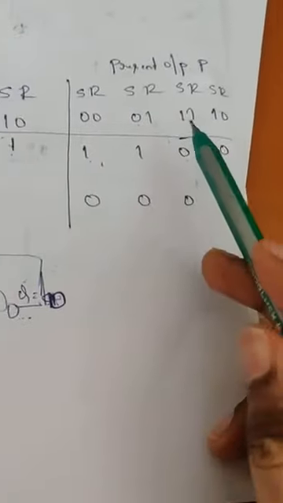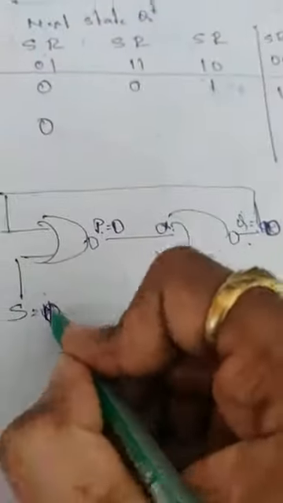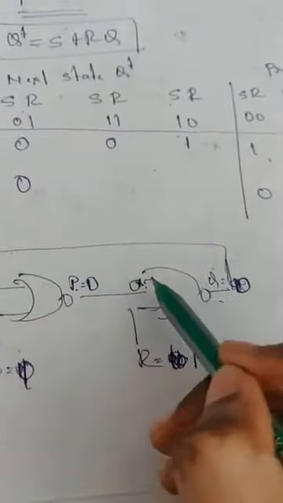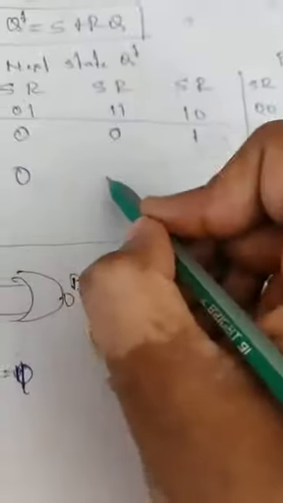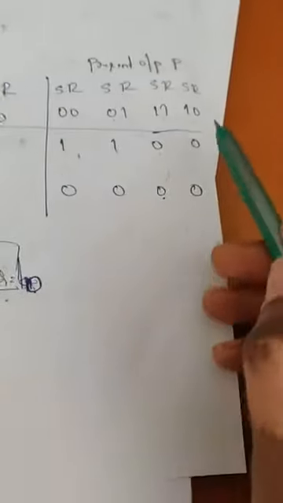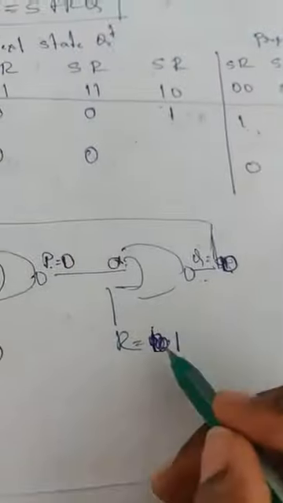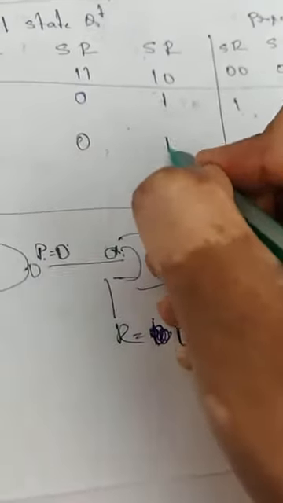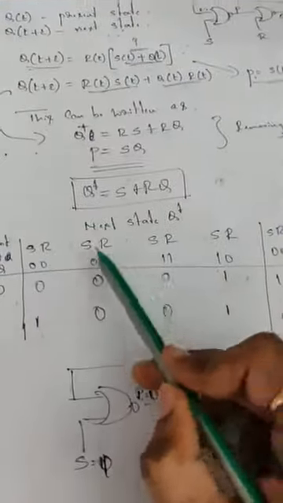This is 0, 1 and 1. This should be 1, this should be 1, and this is 0, right? 0, 0 and 1, again 0, write it 0. Okay, next, last 1, 0. This is 1, this is 0, and this is 0. 0 and 0, it will be 1. So write it 1. So this is the table of next state.